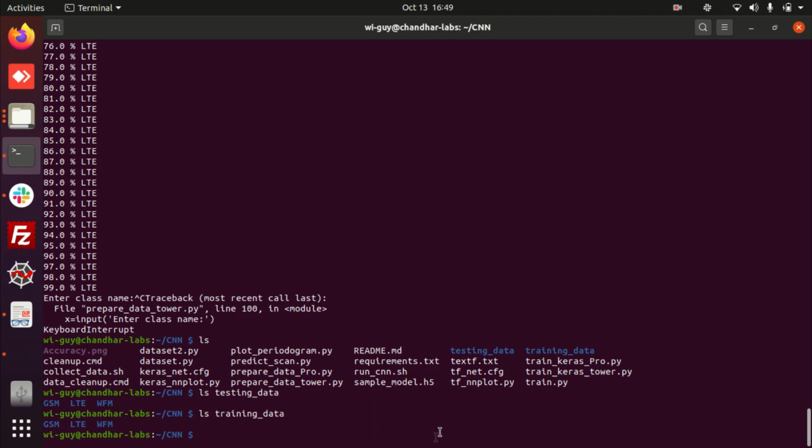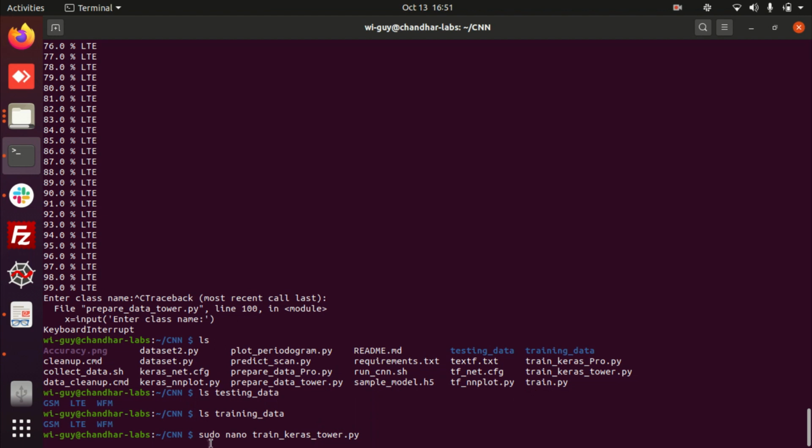Now I can run my train_Keras_tower, so that it will train on whatever data I have kept in that folder and predict my signal. Before running train_Keras, we will see what is present in this particular Python file.